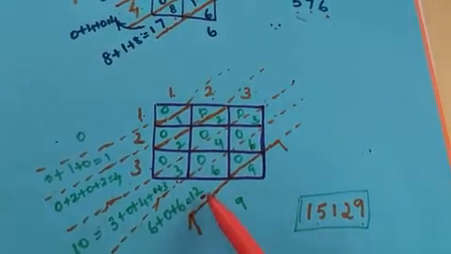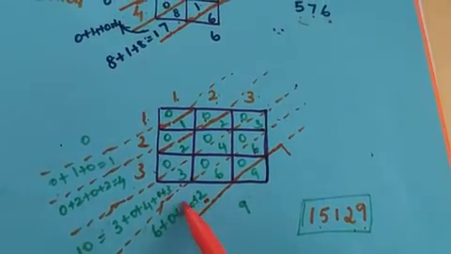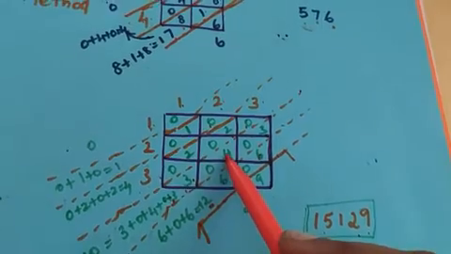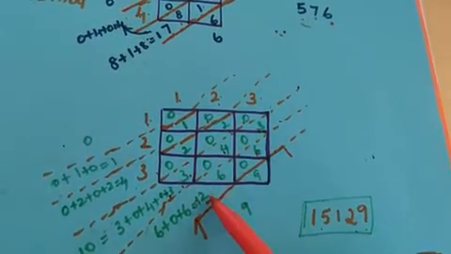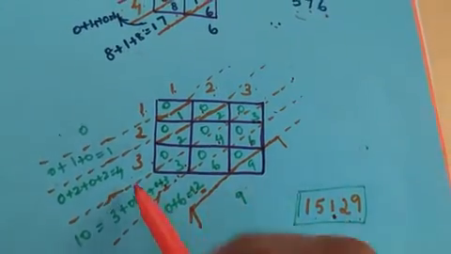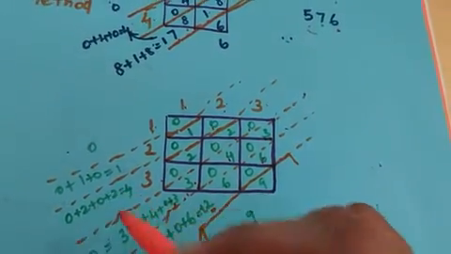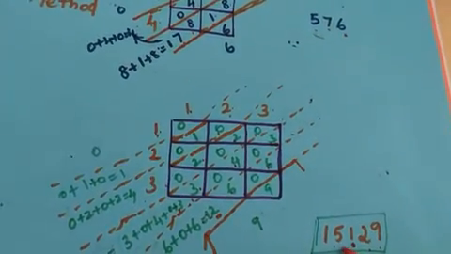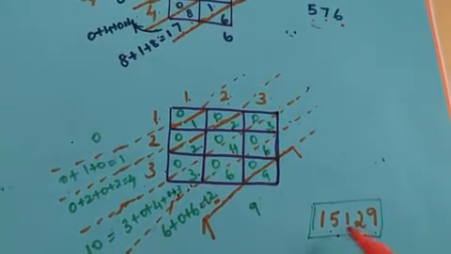12 means I have to write the unit place only, and the 1 will be carried over here. If you carry the 1 here, 3 plus 4, 7, 7 plus 3, 10, and this 1 comes here, 11. So I wrote the 1, and the next 1 will be carried over here. So 2 plus 2, 4, and that 1 will be added, 4 plus 1, 5.